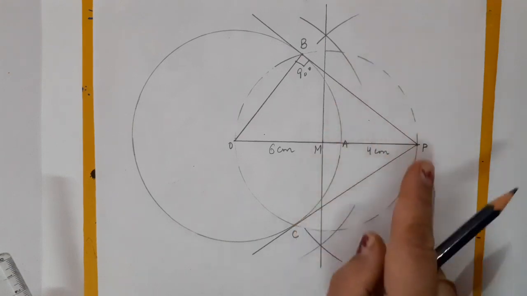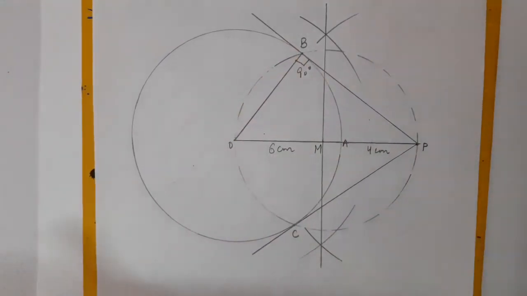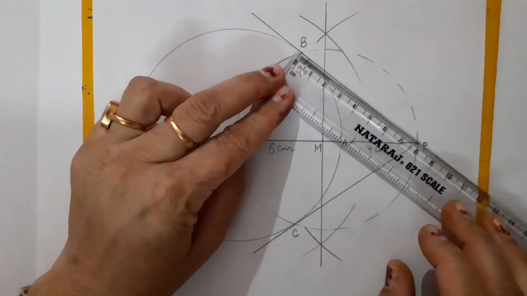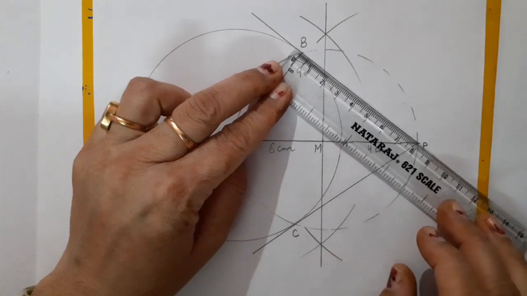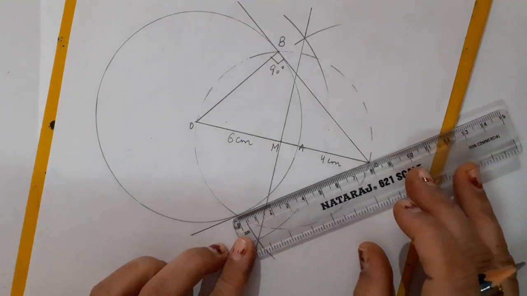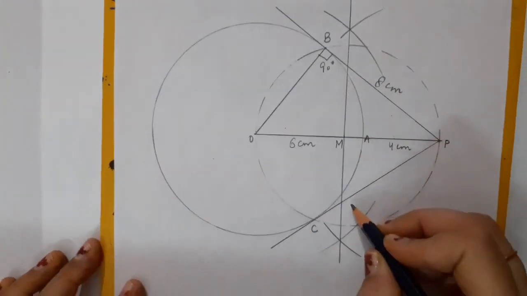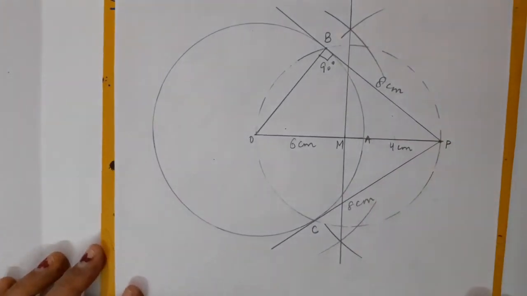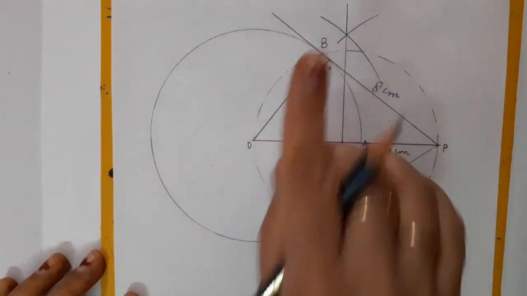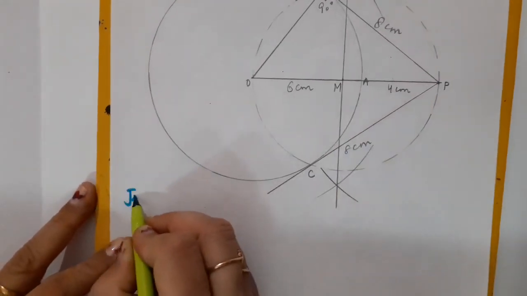It means it is sure that PB is the tangent to the circle. One more thing has been asked in the question, that after drawing two tangents we are just going to measure their length. So children, here you can see that PB as well as PC, they both are of 8 cm. Correct? So here you can write this is of 8 cm. This is also of 8 cm. As we know that the length of the tangents from the external point to the same circle are always equal. So let us do its justification.